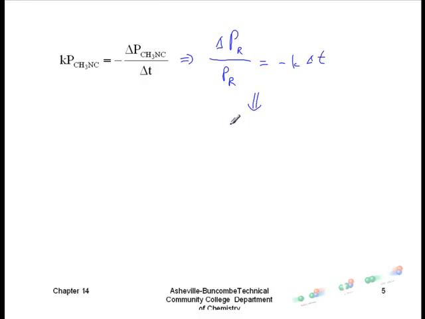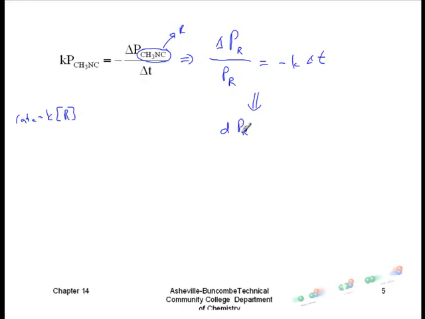Now, this differential rate law, we can actually convert it to a form that allows us to do the calculus here. And notice, I am changing the notation just a little bit to clean it up a bit. Instead of rewriting that every time, I'm just saying R, the reactant. In some ways, I'm trying to set it up as almost a generic first-order equation. Any first-order reaction is going to be related. The rate law is going to look like that, where it's just a concentration of one reactant affecting the rate of the